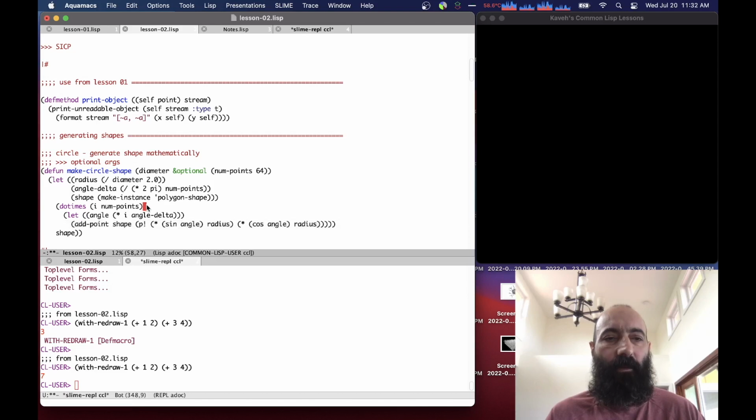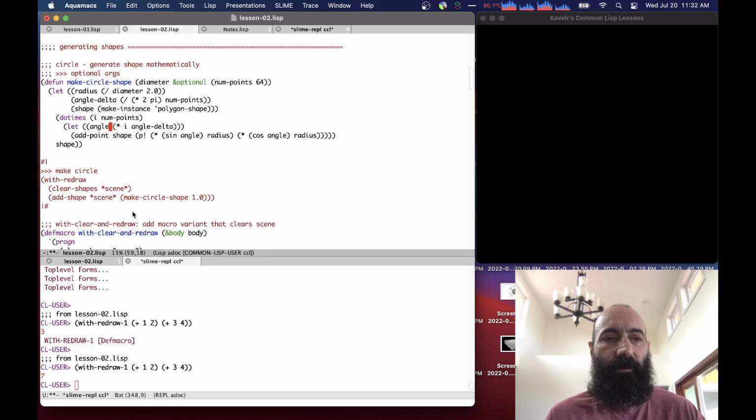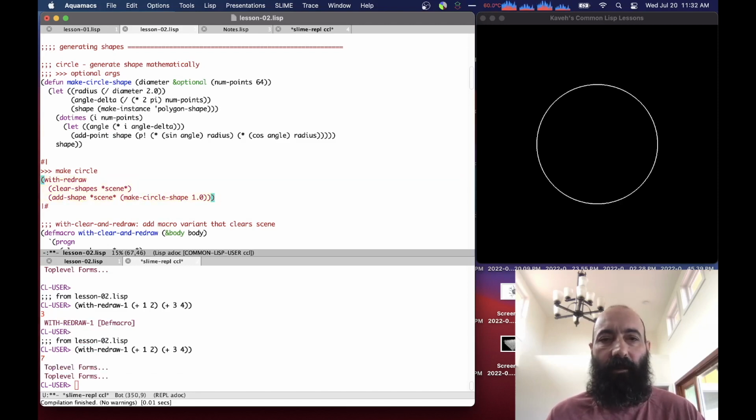So we loop through the number of points and compute the angle for that point, and then we pass the sine and cosine of the angle to calculate the x and the y coordinates, scaling it by the radius. And then finally, when that's all done, we return the shape that we created up here so that we have the polygon shape being returned. So if we try that here, we have a circle that we've created